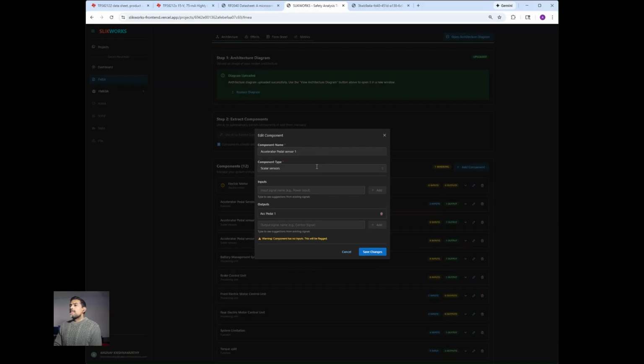Number two, we also see that the inputs and outputs are determined. In this case, there's no input. It's really the starting of the sensing chain. It's got one output. Why this input output is important is